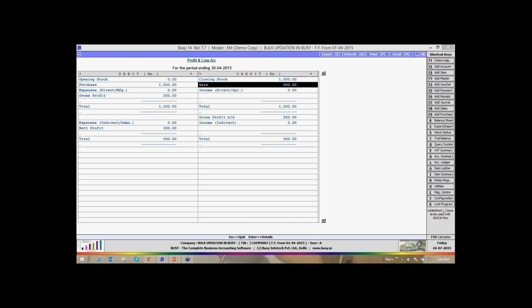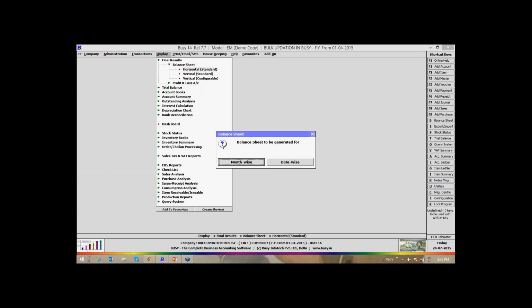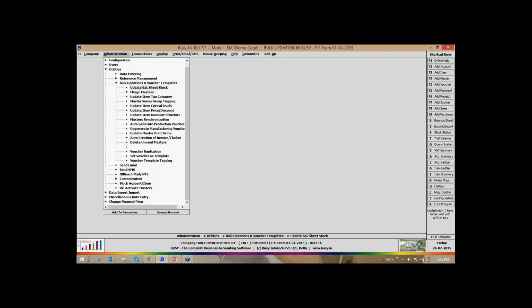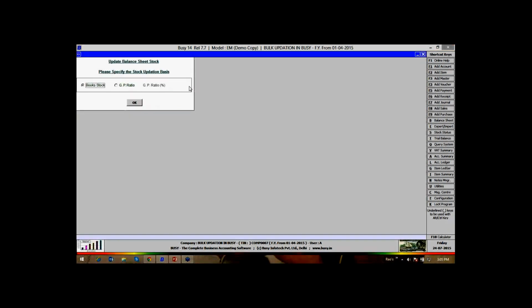You can update your closing stock here so that gross profit ratio, the GP ratio, can be achieved. Let's go to the update balance sheet stock again. GP ratio. How much GP ratio you want?